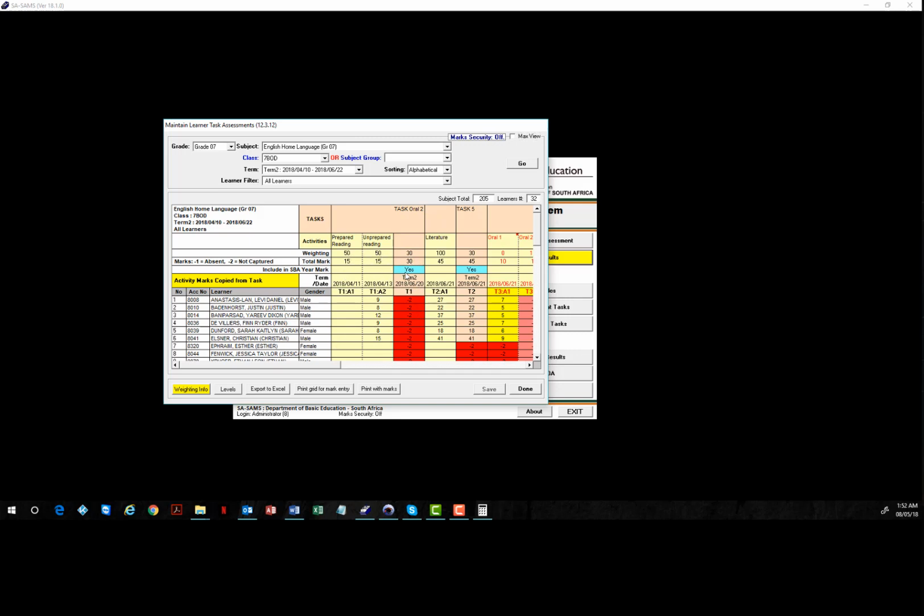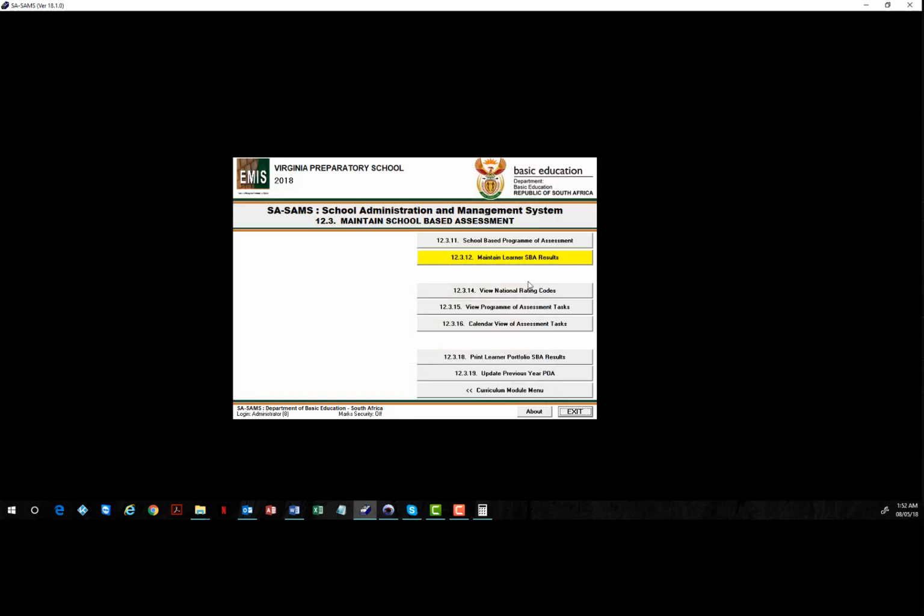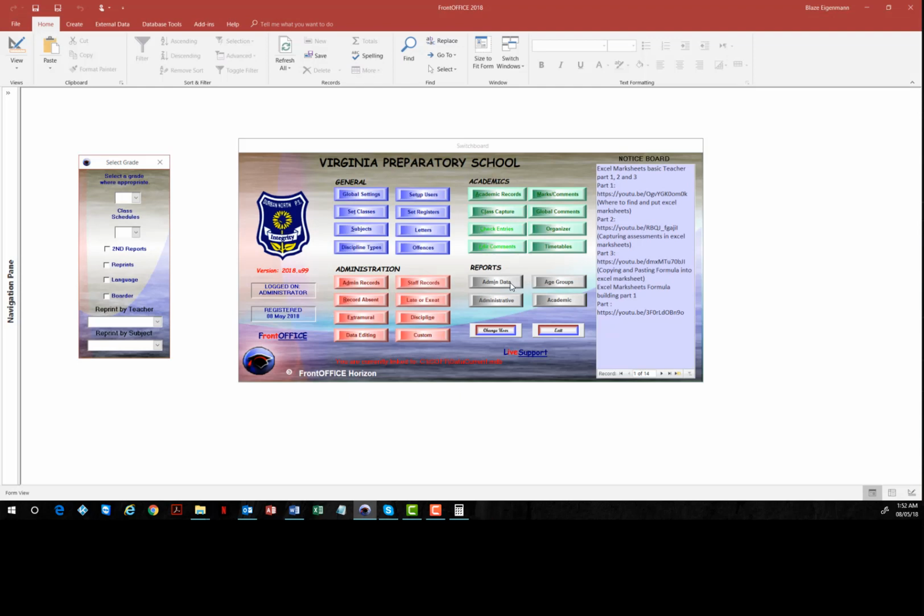Each of them is weighted evenly for that, and obviously the weighting for that task remains at 30. And you will see that if you go to your Marksheet manager in FrontOFFICE and you produce that Marksheet,